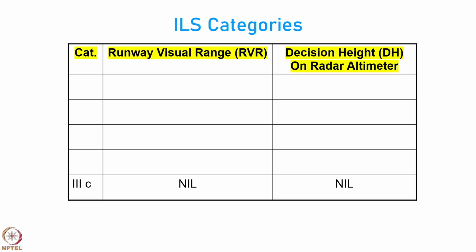This is the most precise category of the ILS system, which is there only at very few airports in the world, because it is very difficult to maintain the facilities, calibrating them, keeping them working, ensuring their precision, ensuring that the pilots are also trained to be able to execute those kind of approaches. So, it is a very expensive exercise for the airline